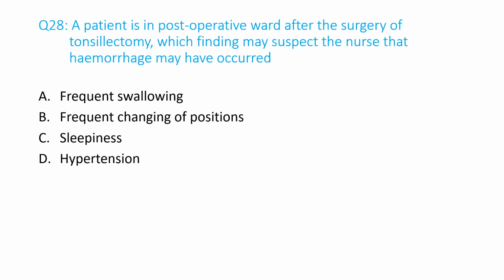Number 28. A patient is in the post-operative ward after tonsillectomy surgery. Which finding may make the nurse suspect that hemorrhage has occurred? A. Frequent swelling, B. Frequent changing of position, C. Sleepiness, D. Hypertension. And the answer is